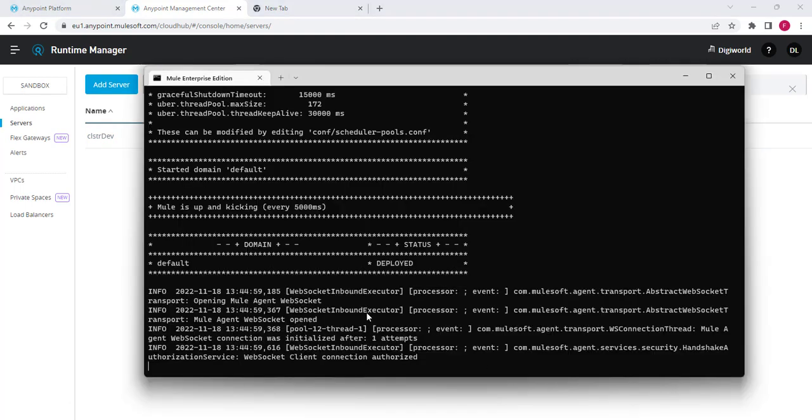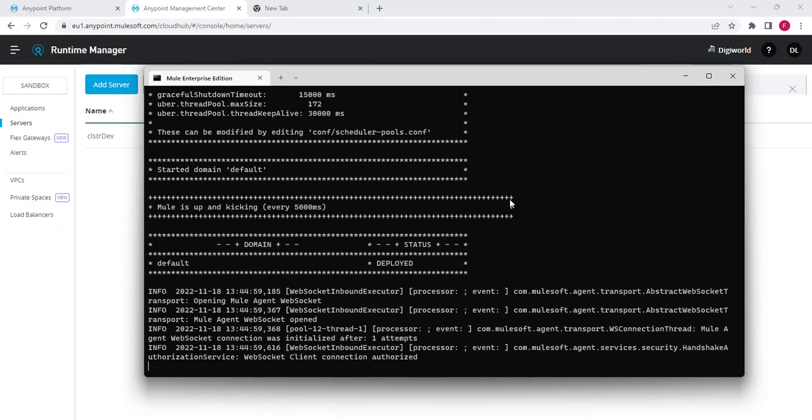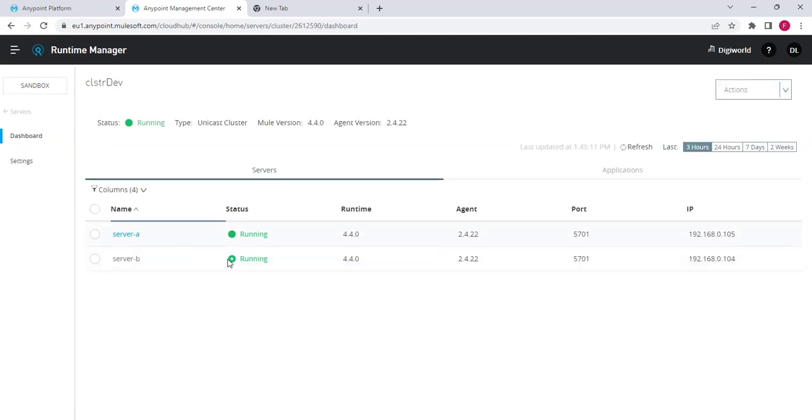Let's go to, if you see, our server is now restarted and we have our server running. Very soon we will see it running. See, if you see, this is showing as running. And in a similar way, this is now showing as running, and here inside the cluster, if we go and see the servers, both of them are showing as running, and server B is acting as